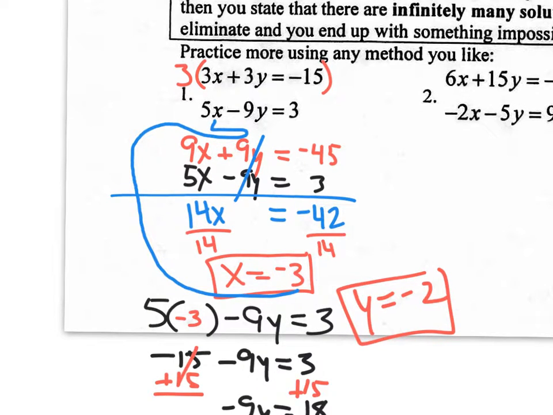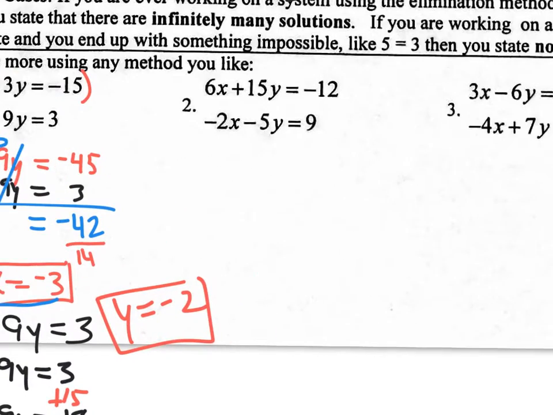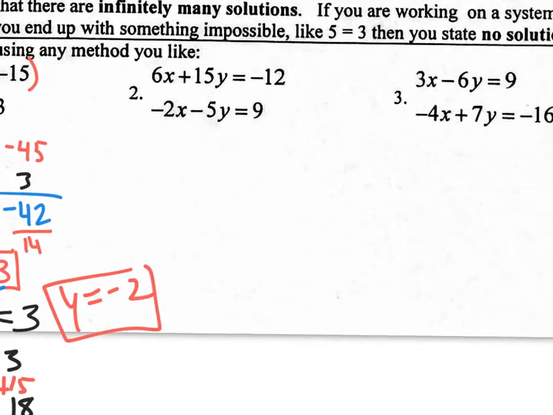So there is our solution for number 1. You could put it in coordinate format if you'd like. The x value is negative 3. The y value is negative 2. That's your solution. If they asked you to classify it, which I won't on all of them, but if I asked you to classify it, you would say it's consistent independent. If you were to graph it, it would only intersect at one point, and that point would be negative 3, negative 2. What do you guys think? Now let's take a look at